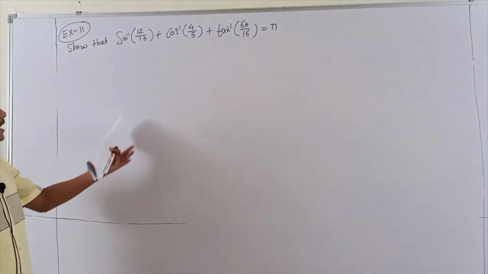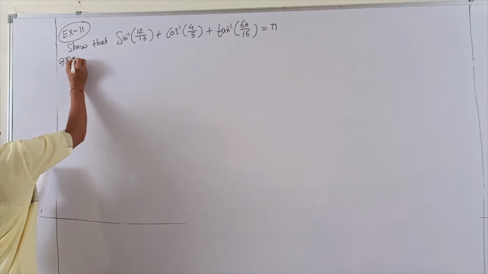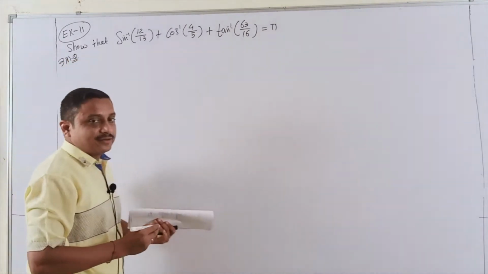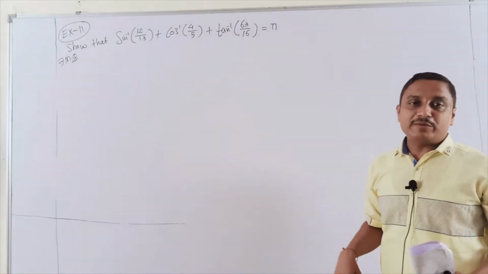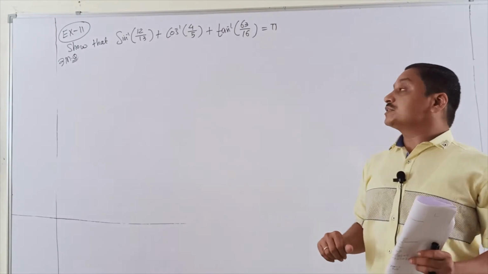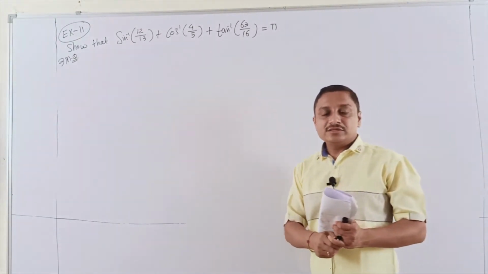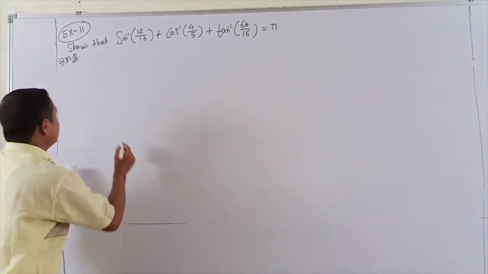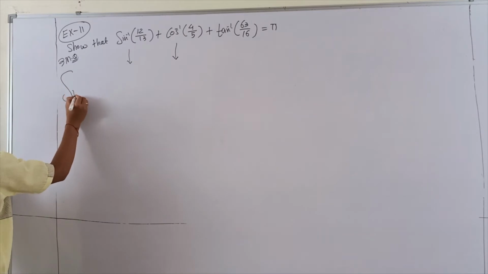Now example 11. Example 11 is also a 3 marks question, students. So first of all note that the question is for 3 marks. The question is: sin inverse 12 by 13 plus cos inverse 4 by 5 plus tan inverse 63 by 16 is equal to pi. So I start there. First of all, here the assumptions. Suppose